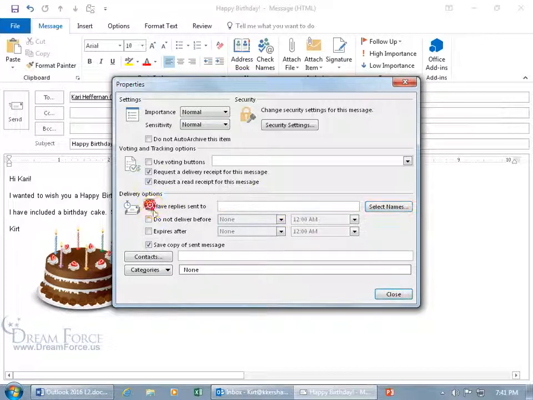I'm going to go ahead and uncheck it, and leaving it unchecked, the default will have them sent back to me. Then we'll cover this in just a second. Down below, by default, it'll save a copy of the sent message in my Sent Items folder. If I uncheck it and I send this off, and I'm like, okay, I can't remember if I sent Carrie a happy birthday email. Oh fudge, let me go ahead and check the Sent Items folder, because remember, by default,